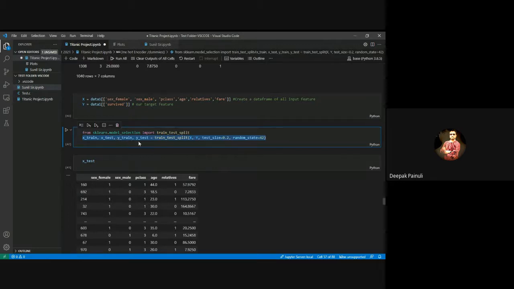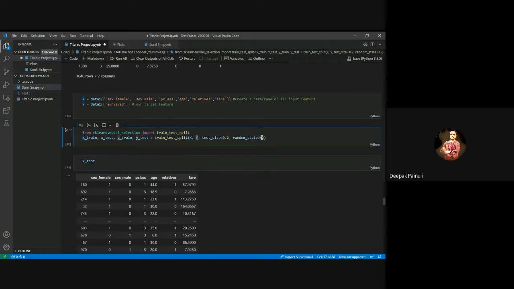train_test_split. In these four variables we are going to pass the train_test_split, right? So in train_test_split we will pass the arguments: our input variable, which was X, and output variable, which was y, capital Y, and test_size. Test size shows the size of your test data. So 0.2 means 20% of your data set will be reserved for testing purpose, and 80% of data will be used for training, right?